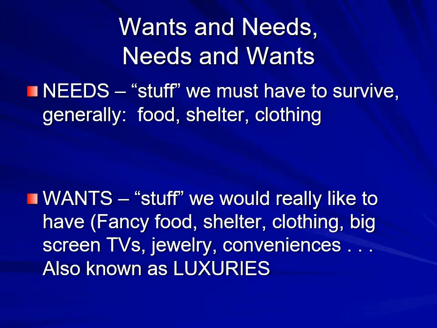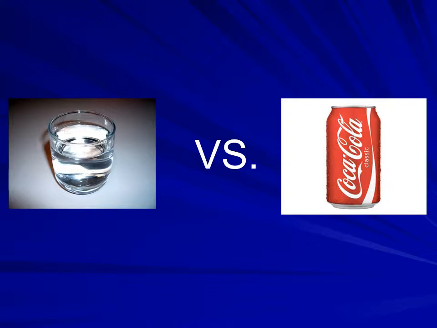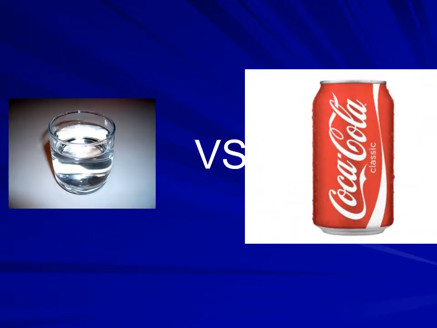But for us to make good economic decisions, we have to distinguish what is a need or what is a want. Why? Because obviously, if you only have limited resources, for example, then we should prioritize buying or producing needs rather than wants. Take for example choosing between water over Coke. Most of you will say that the obvious choice, if you have limited money, is just to buy the water. But people tend to buy Coke rather than water, even in spite of bankruptcy. Why? Because the soft drink is tastier, therefore gives them more pleasure than water.